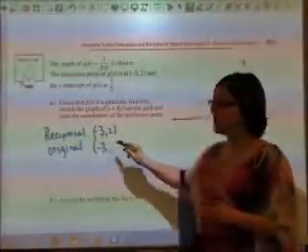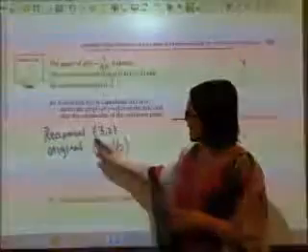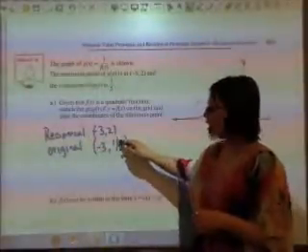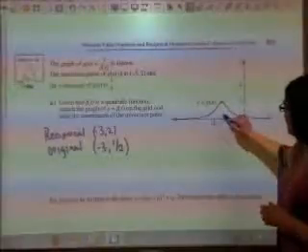So the reciprocal of 2 is 1/2. Because again, if I apply my reciprocal to this function, I get 1/2 to 2. So that becomes my new